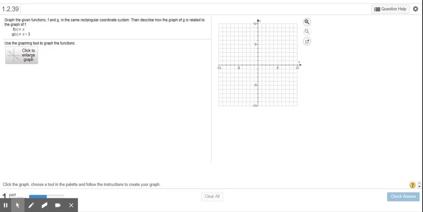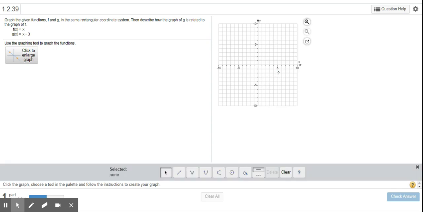Okay, so Carly asked this question, and it was, how do we plot them? Basically, it just says graph the given functions f and g in the same rectangular coordinate system. So over here on the right, the way that you do that is you see where it says click to enlarge the graph. We're going to click that,